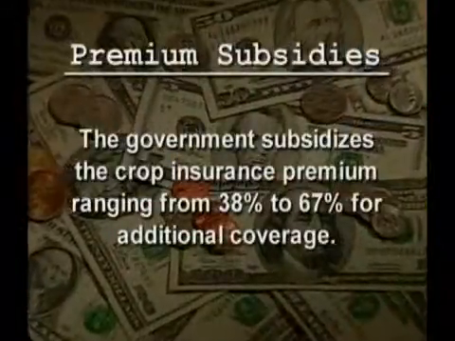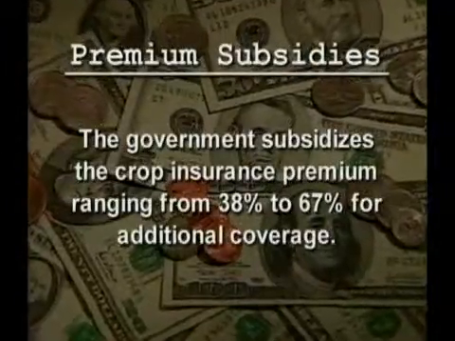Okay, Mike. Now, with all insurance coverage, the big question is, how much will it cost? That is important. The premium paid by the producer is dependent upon the insurance plan, county, crop, type, practice, and the producer's relative yield risk compared to the county and the coverage level selected. In general, a producer-paid premium can range from 3 to 15% of the amount of insurance. Does the federal government help cover any of those costs? Yes, they do. The federal government subsidizes a significant portion of the total premium for the insurance coverage.